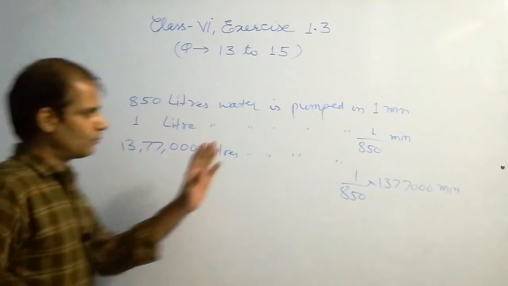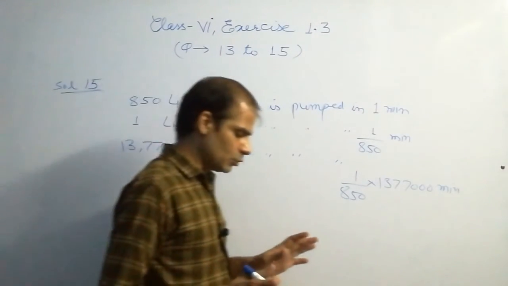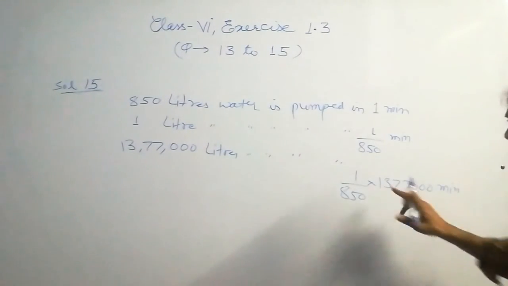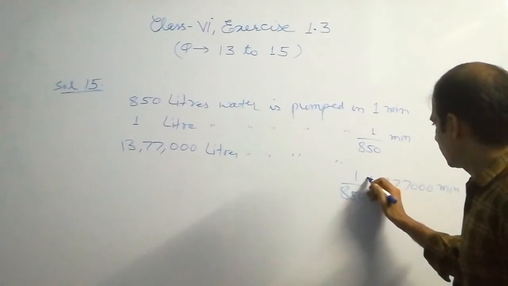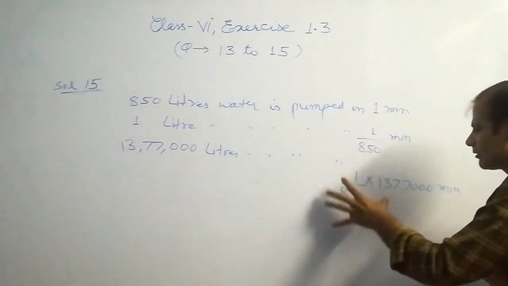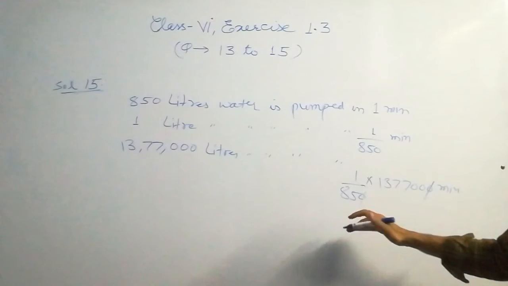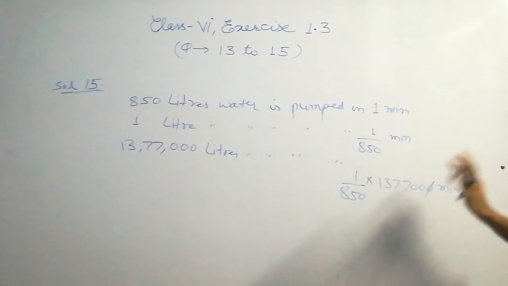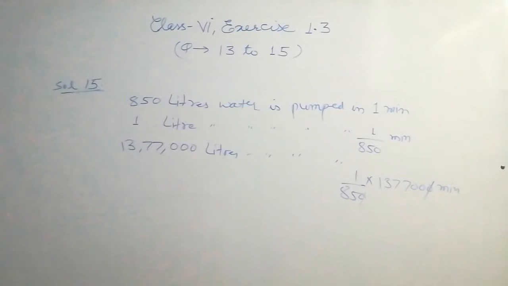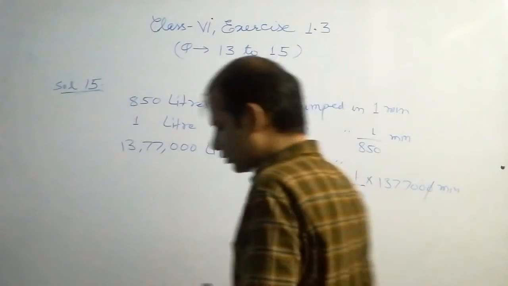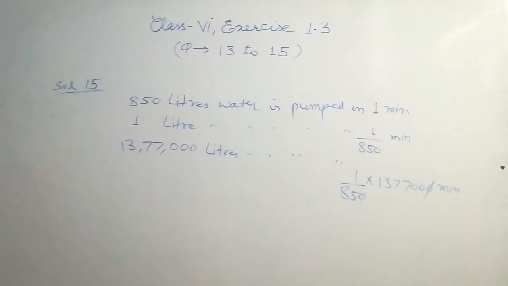So to perform this division, we have to follow some rules. No need to divide this number by this directly, because the numbers are bigger. So think about the zeros. Zeros are cancelled. Okay. Now it is 85. This number ends with 5. This number ends with 0. So what to do? As you know, if the numbers end with 5 or 0, these are divisible by 5. So 85 is easily divisible by 5, 17 times,